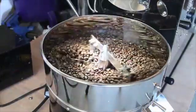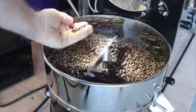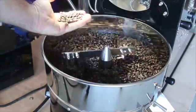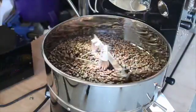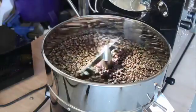So there's a look at the beans, 2 pounds of Costa Rican, full City Plus, a little darker than I usually go on Costa Rican, but it'll still be a really nice roast, and that was done in right around 10 minutes. So at that rate, if you continue to drop, you could do over 5 roasts an hour,